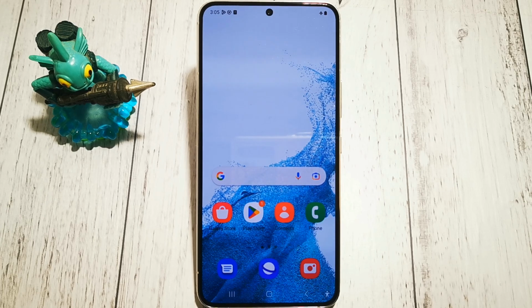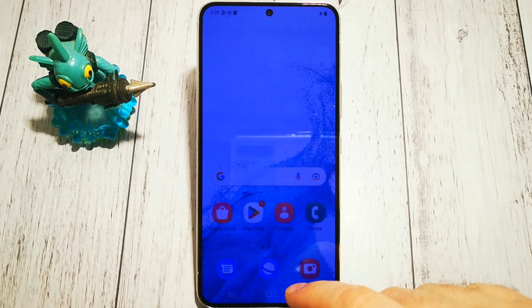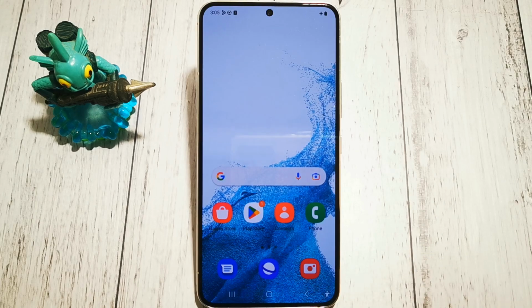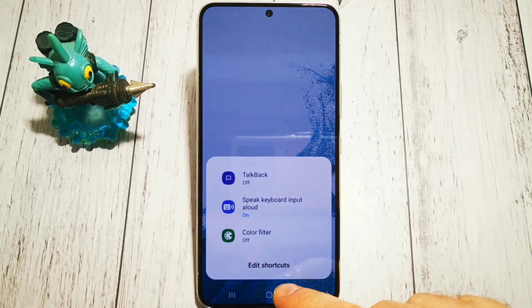Today I will show you how to delete or disable shortcut for color filter options in Samsung Galaxy S22. So right now we have our shortcut visible here. As you can see, our color filter shortcut. How to remove this shortcut? We can do it